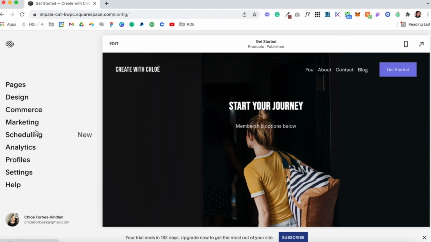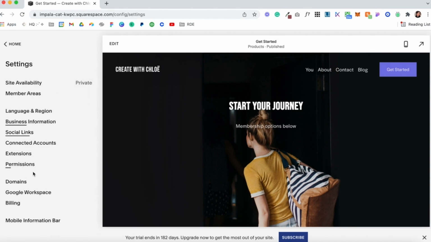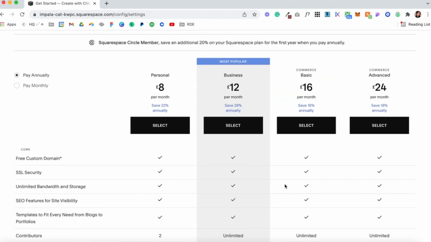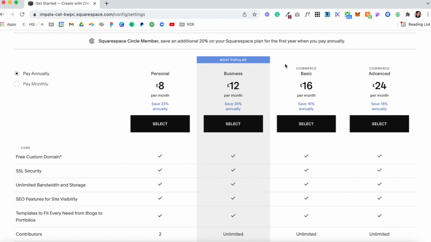And then once you're ready to launch your site, you're going to come to settings, and we're going to go to either billing, or you're going to come down here where it says your trial ends soon, and you select subscribe. Here you've got different options. Now if you have a store, you're going to be looking at the commerce plan. For most business owners, we are going to be interested in this business plan, and the reason I recommend this one